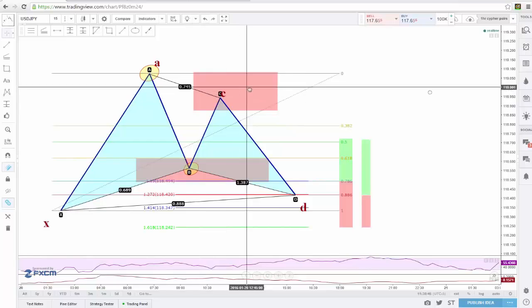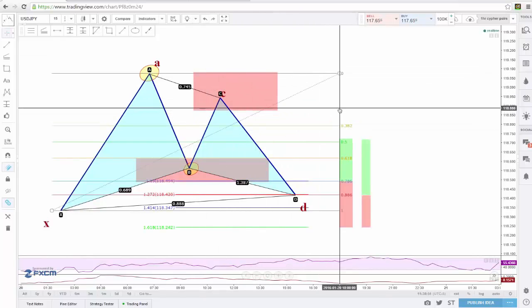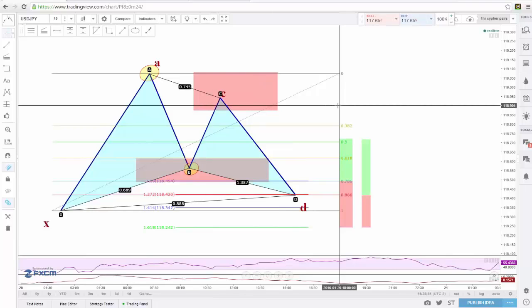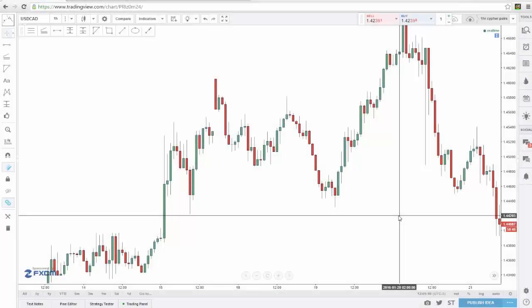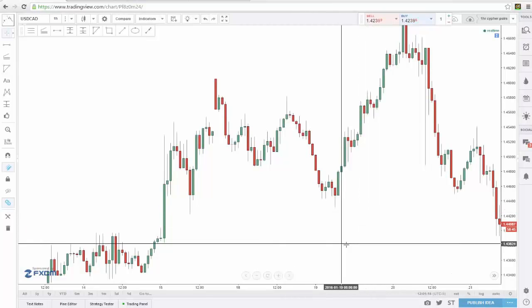Now I'll go in the market and see if I can find a few of these to use as examples on a live trading chart. And also I'll be showing you a video clip of a live Gartley pattern that we traded to make a little bit of profit. Alright guys, so here on the USD CAD 1 hour chart,